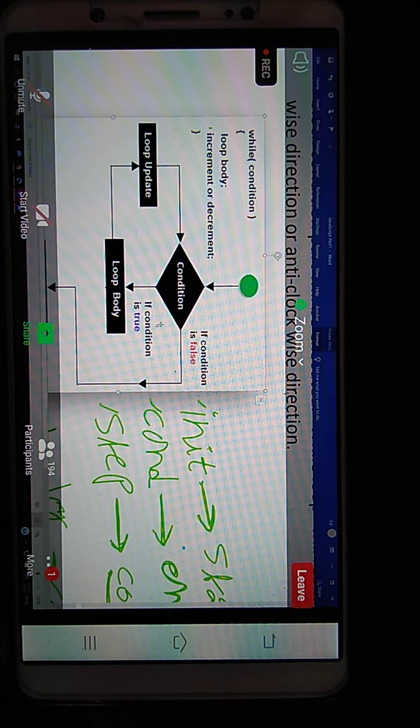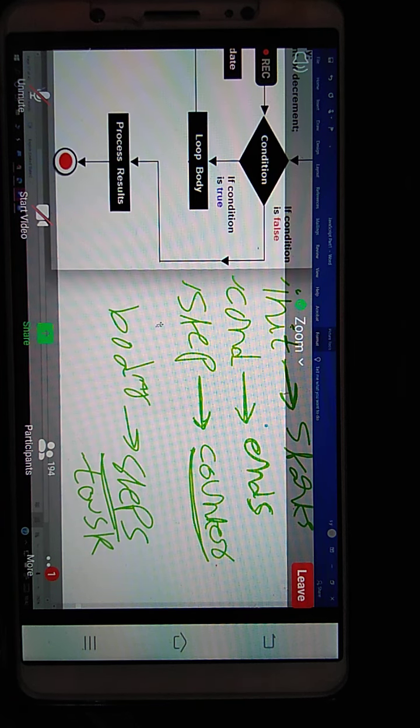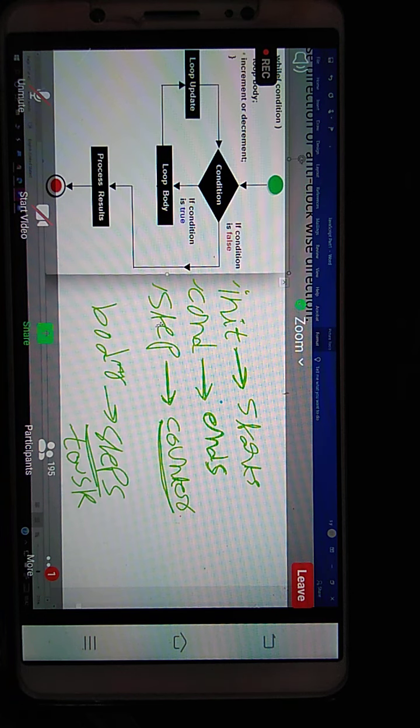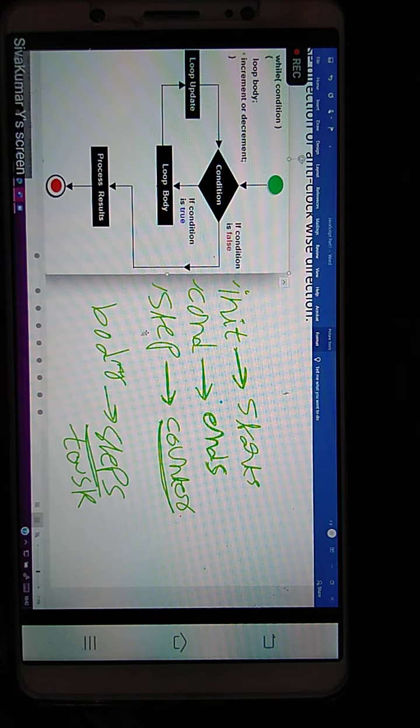So what is the use of this stepping value, sir? The actual purpose of this stepping value is just counting the iterations. How many times you are going to rotate, it is just counting the iterations. Why, sir? Is counting compulsory? If you maintain the count, then we can control the loops. If the count is not maintained, it is continuously rotating. So based on this count, we stop the loop.